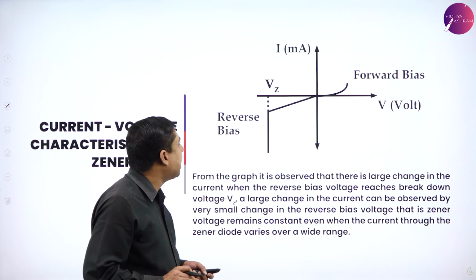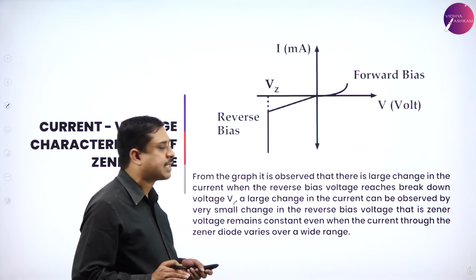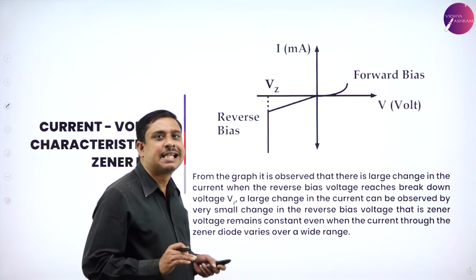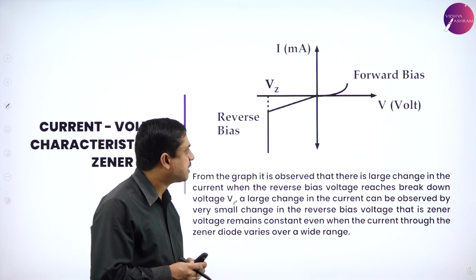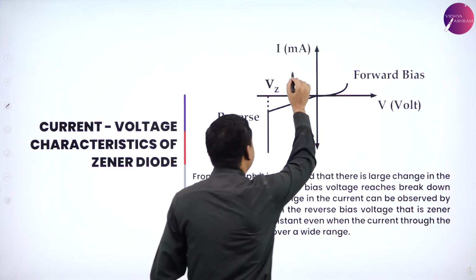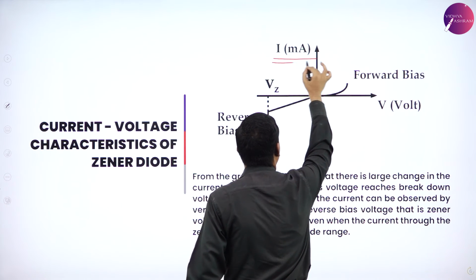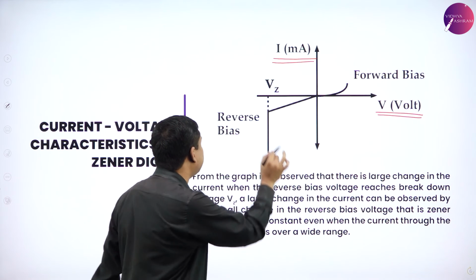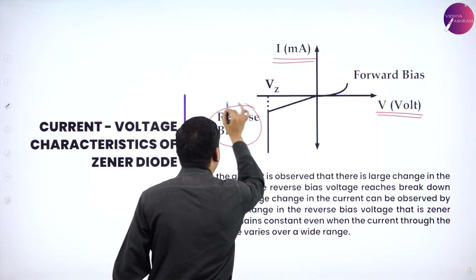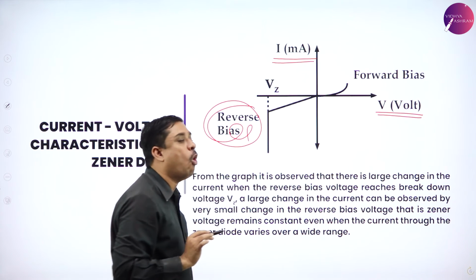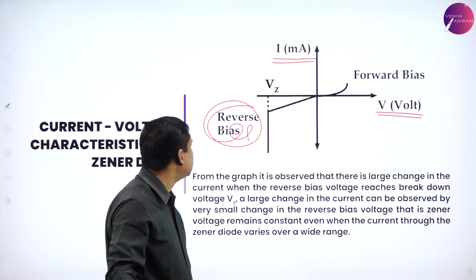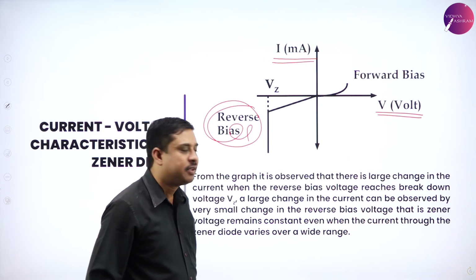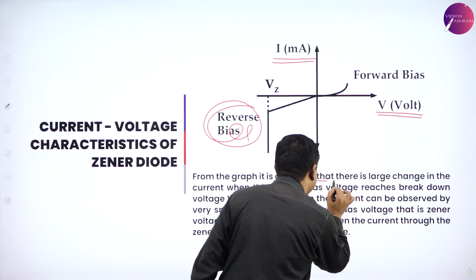So this is the IV characteristics, the current voltage characteristics for a Zener diode. Now we have current in milliamps and voltage, and you can clearly see conduction is happening only in the reverse biased mode. From the graph, it is observed that